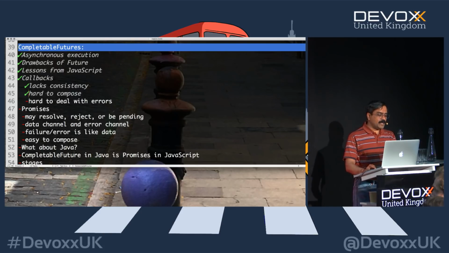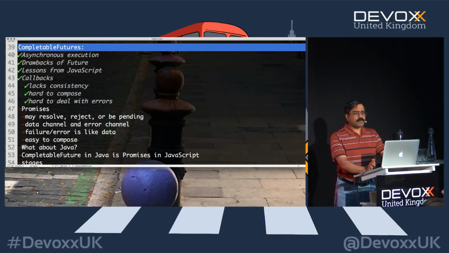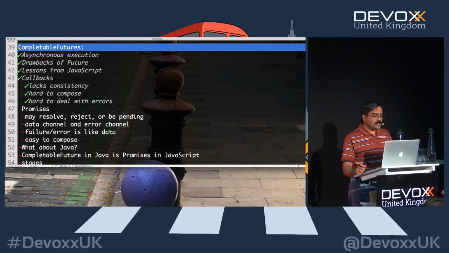And also, when it comes to callbacks, there's no consistency of dealing with errors. What I mean by that is different from what I said earlier. When you call a method, sometimes the error will come even before the method is ready to really fire the callback. So sometimes the method may explode with an exception. Sometimes you may get the error through the callback. Again, it's really hard to know which one it's going to do. So in general, this is a really, really terrible way to do it.